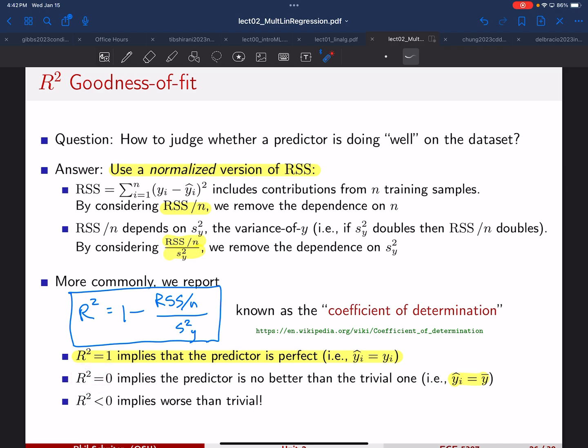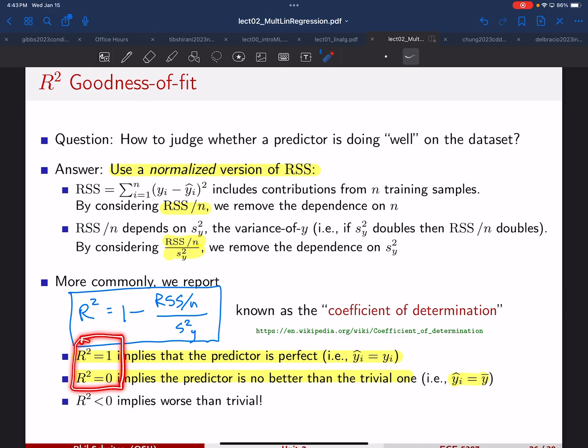Or if you just decide to ignore those features and just choose the mean, that's R squared equals 0. So any time you do least squares regression on the training data, you will see an R squared somewhere between 0 and 1. It's usually not going to be exactly 0, because even if you generate random features, there's going to be some tiny correlation just randomly, so you're going to get an R squared which